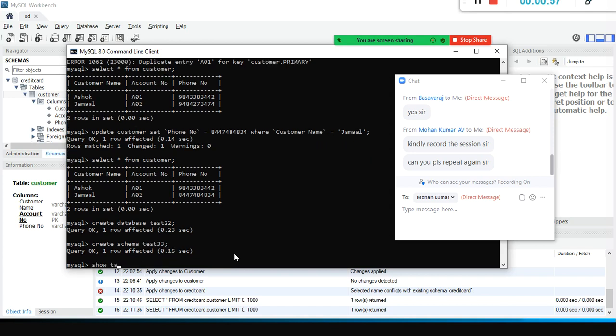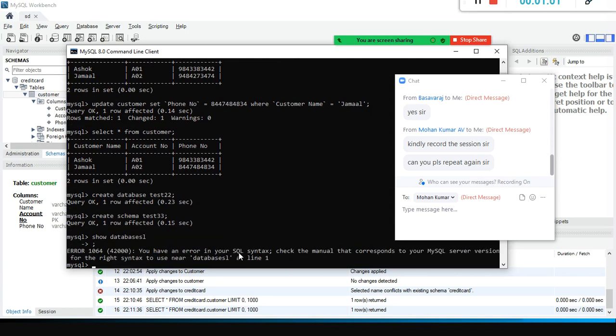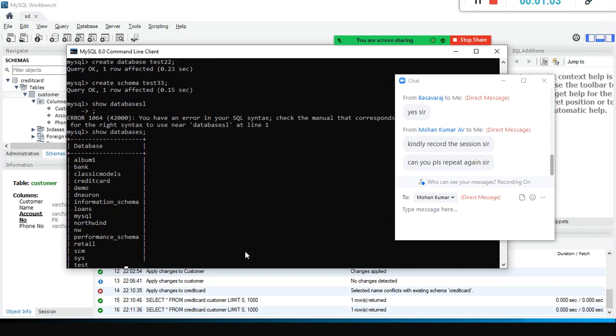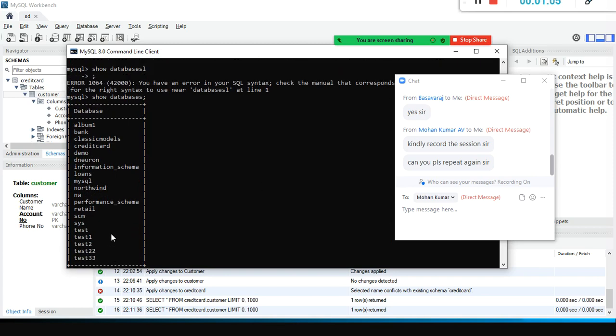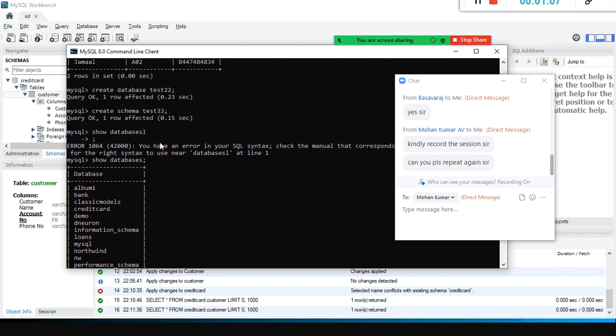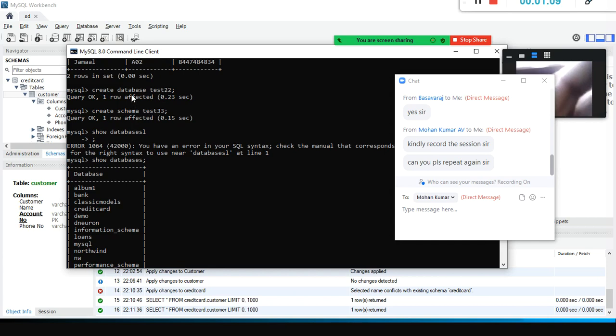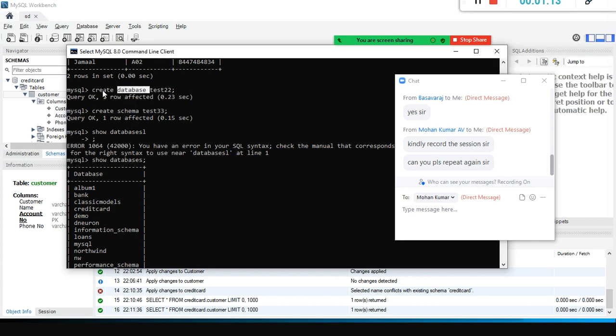Okay, now if I say show databases, test 22, test 33. So we can use the create database command, where create database is the reserved word.